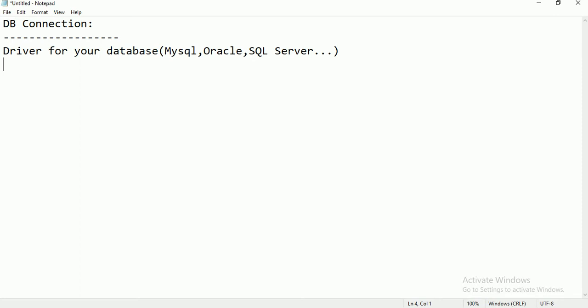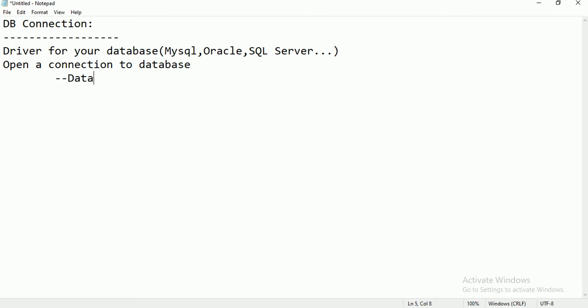Once you get the driver for your database, the next step is to open a connection to the database. For this we require three things.